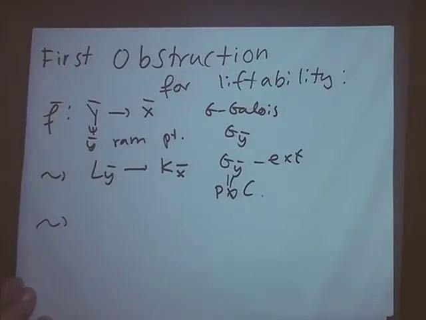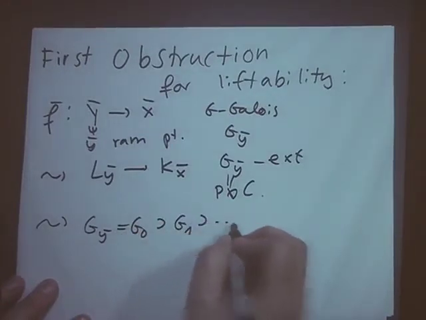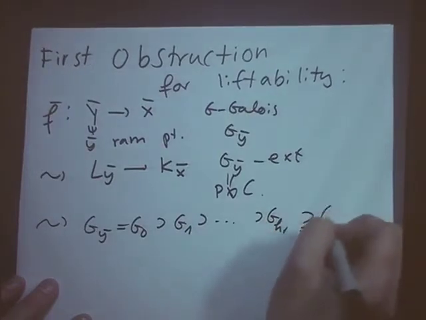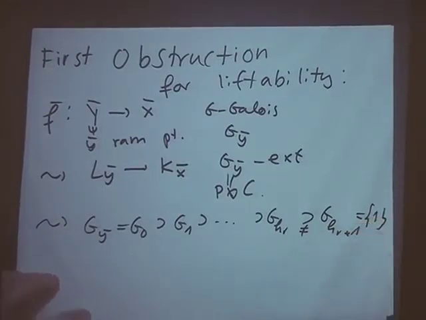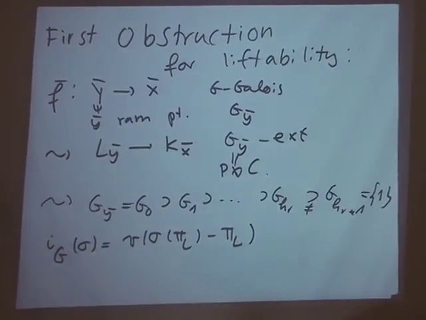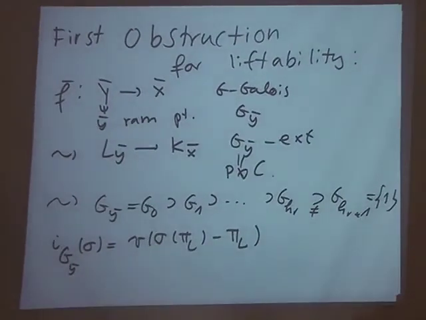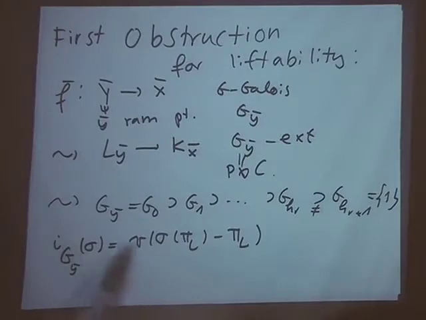And as we have seen in the previous talk of Saito, we get here such a filtration of higher ramification groups in the lower numbering. I'm only considering the lower numbering in this talk. It's basically the same definition as in the previous talk, but let me just write it. We define such a function i of sigma as follows. We take a uniformizing element pi_L upstairs of L, and we check how such a group element sigma acts on it,